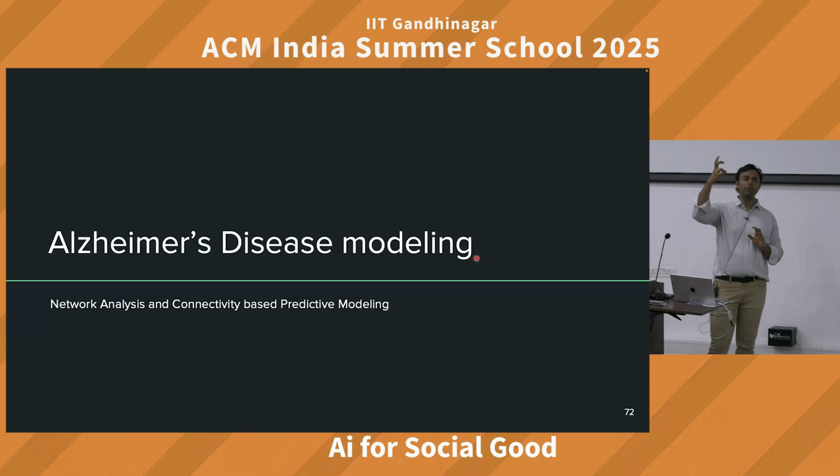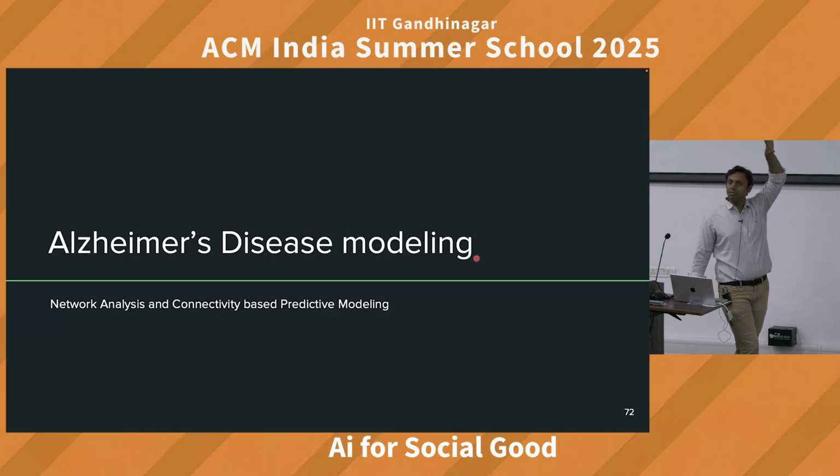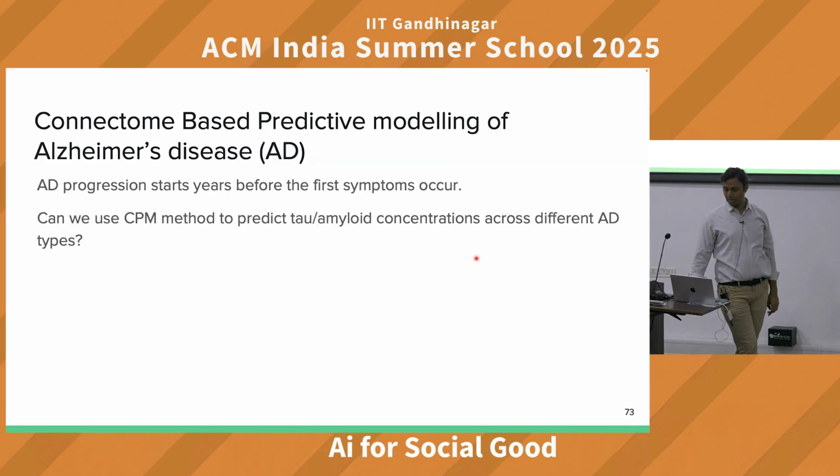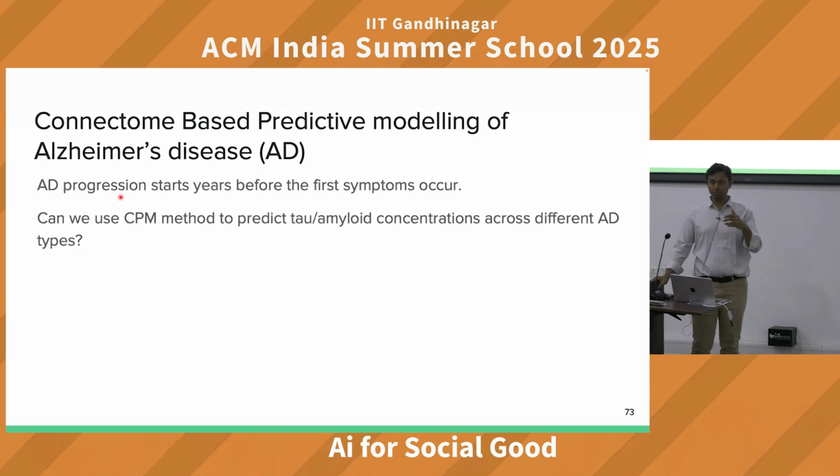So in the last part, we use a similar model of modeling the connectome and then associating it with not brain activity but brain dysfunction. So in your brain, if you know people who had Alzheimer's, के बारे में पता है? क्या होता है Alzheimer's में? Yes, you have memory loss. ठीक है. So interestingly, Alzheimer's का जो progression है, it starts way ahead when first symptoms occur.